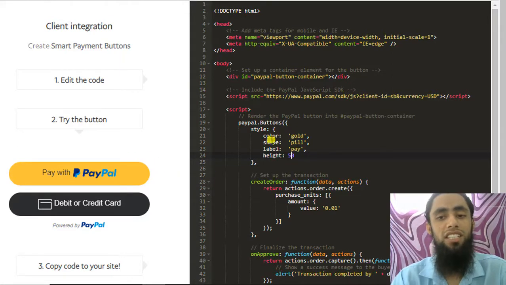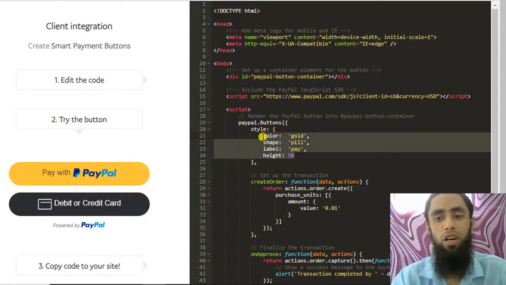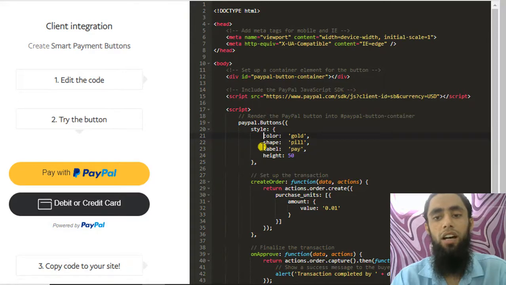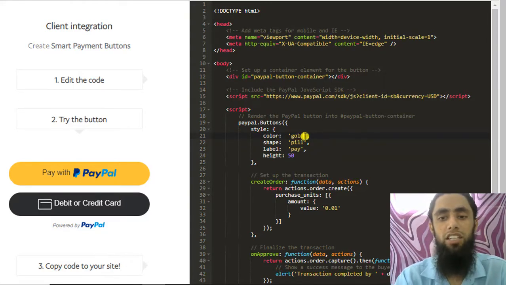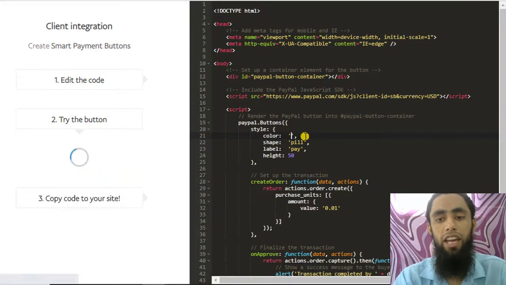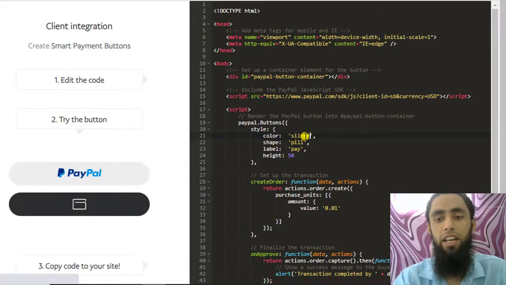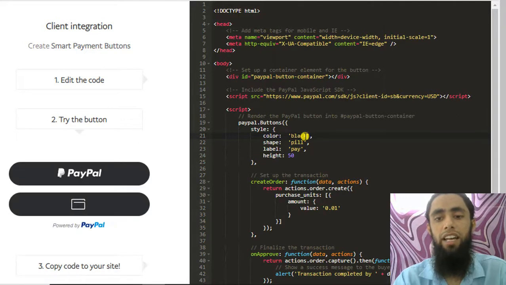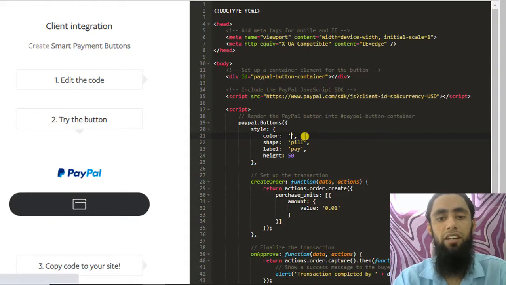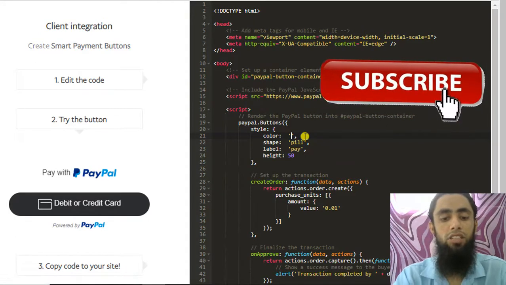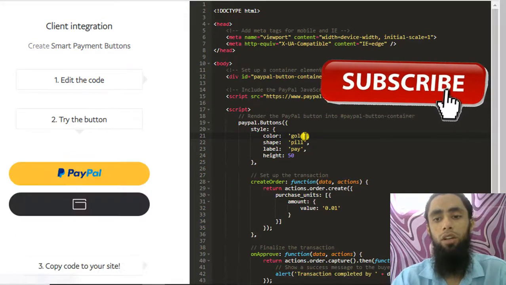So this was the basic style that you can change for your PayPal buttons, and 4 things we have noted here, which was color gold. In the color we can choose gold. Let me show you once again. Gold, then we have silver, and then we have black, and another one is transparent. So you can see over here, right? So currently let me keep it gold.